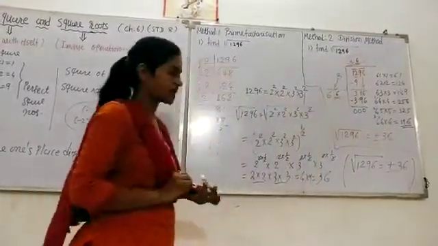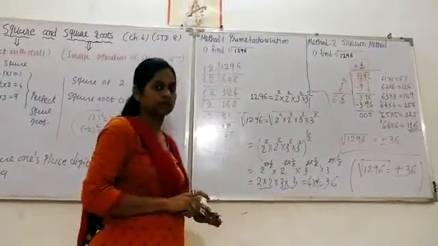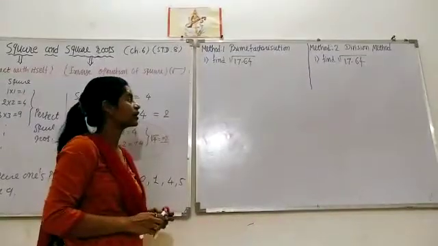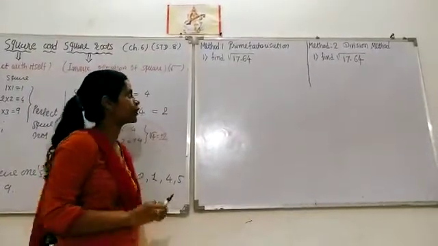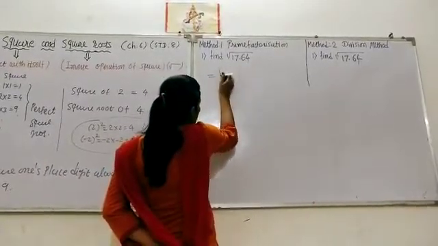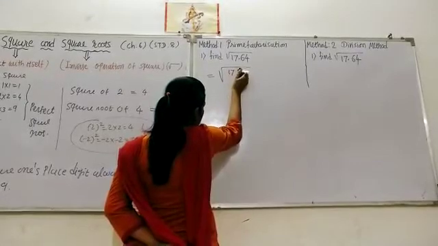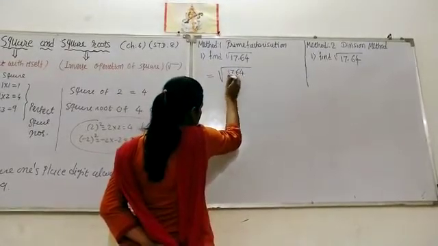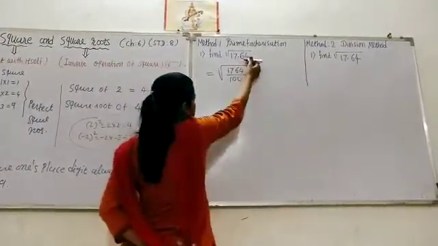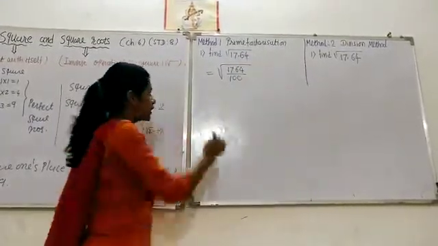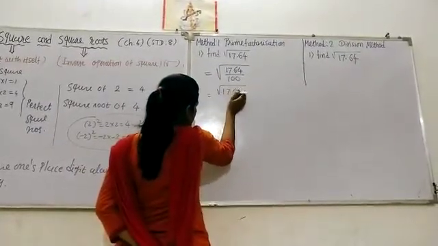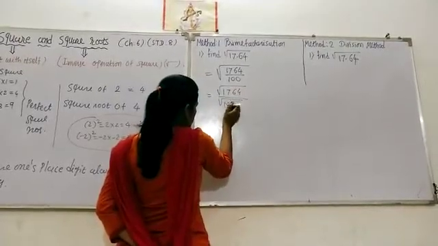Let us consider one example based on these two same methods, but we take it in the form of a decimal fraction. Now for finding the square root of 17.64, first of all you should write this decimal point this way: 1764 upon 100. Remove this decimal point. Here are 2 digits, so write 2 zeros. Now according to our power rules, take individual powers. So square root of 1764 upon square root of 100.